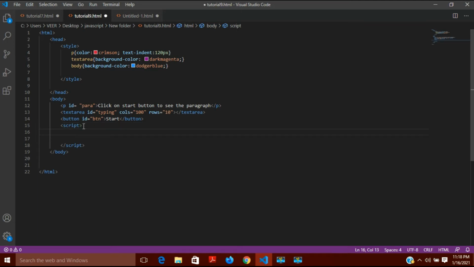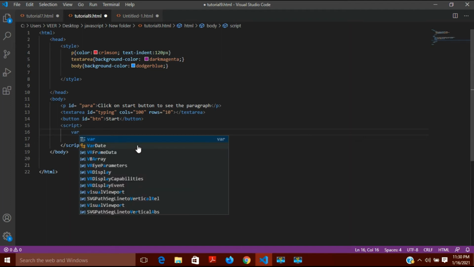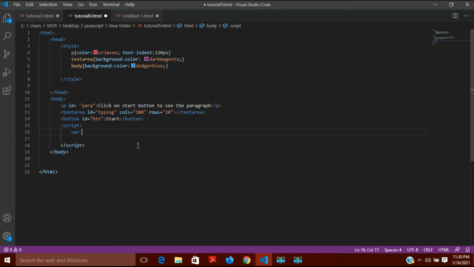So here inside JavaScript, first of all we will create an array. I will give any name to the array, and let's give the name typingSpeed.